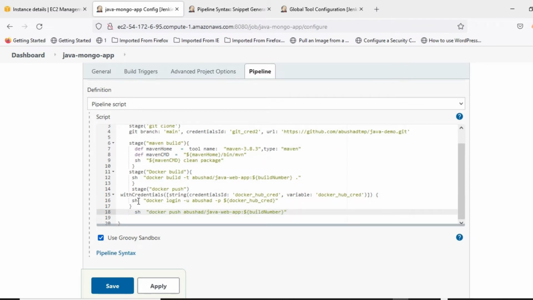The stage is Docker push, and we are going to specify the credentials here. This is not straightforward. You cannot just run Docker login. You can even run this Docker login with username and password in clear text, but this is not a good practice. So I'm going to show you how this has to be generated and how you can put this variable instead of the password. For that, go to pipelines index,